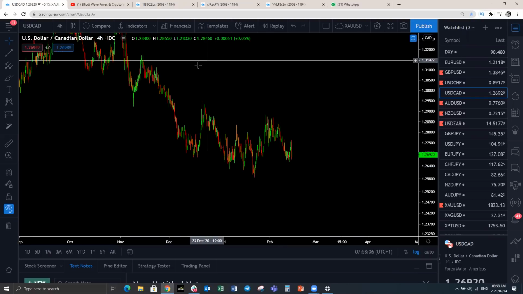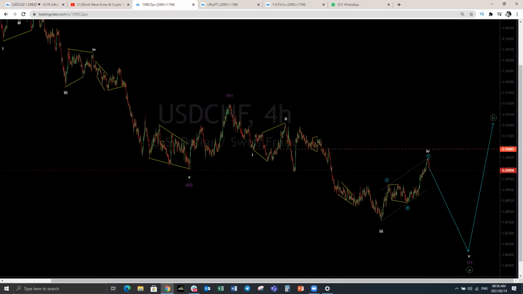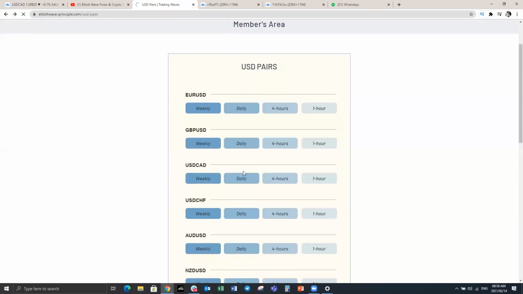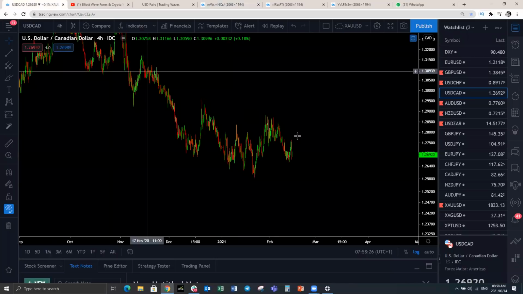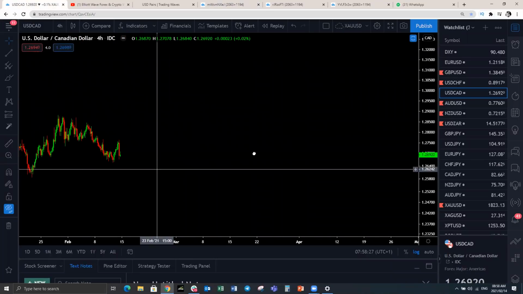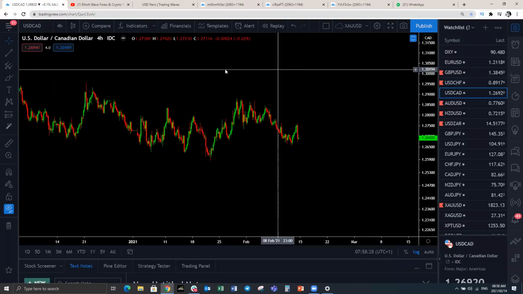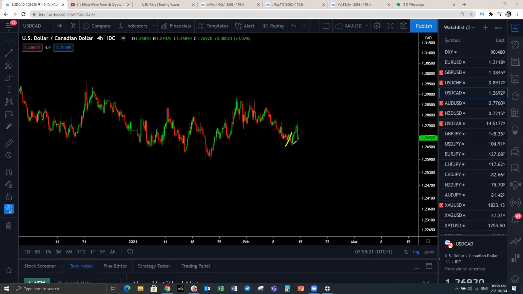Another one that we've been saying, do not sell for the last couple of months is US dollar CAD. You don't sell US dollar CAD. Look at this weekly structure on US dollar CAD. We've been looking for this to continue to the downside. So any pullback on US dollar CAD, you sell. You don't buy. It's not time to buy US dollar CAD as yet. So we had the pullback here on the 4-hour, 3-wave structure here. We're still looking for continuation to the downside.